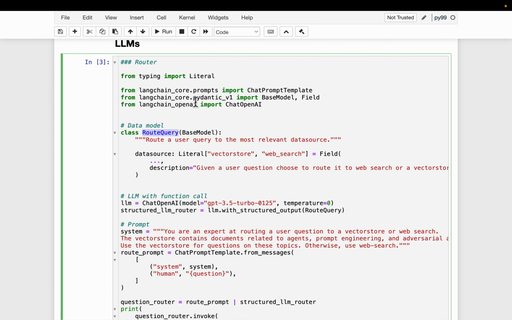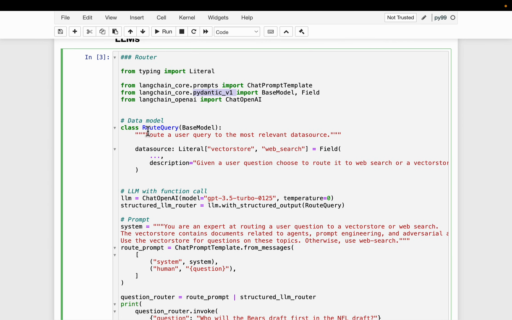This Pydantic library is very nice and useful for enforcing particular data types when we write different functions, what type of input it should take and what type of output it should take. It automatically does the checks for us. It does more than that, but that's the basic usage.